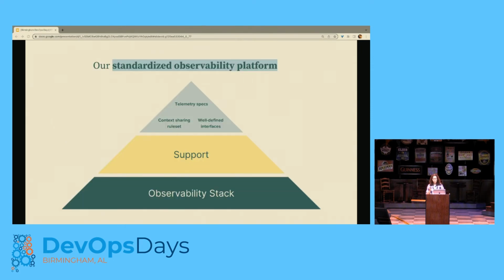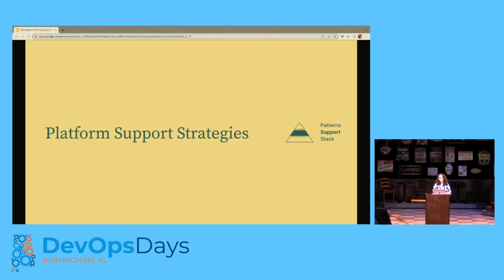So to address these challenges, I define platform support as the second component of our platform. And that's because a platform without adoption or without support, or engineers without the skills to use that platform, might as well be a platform that doesn't exist. And so before I go into defining the strategies guiding that platform support, I want to just acknowledge